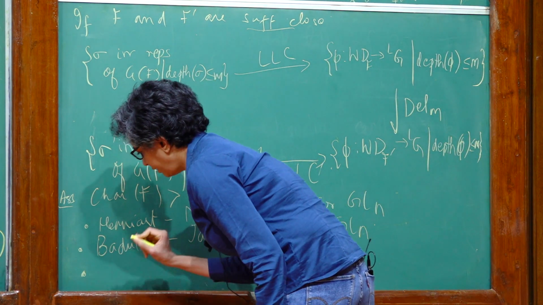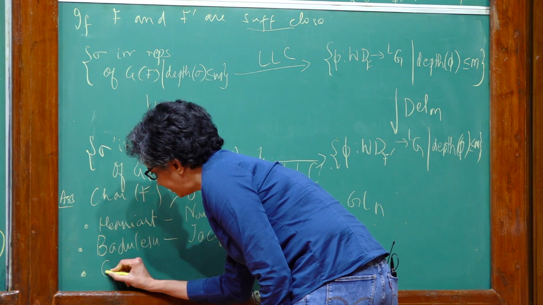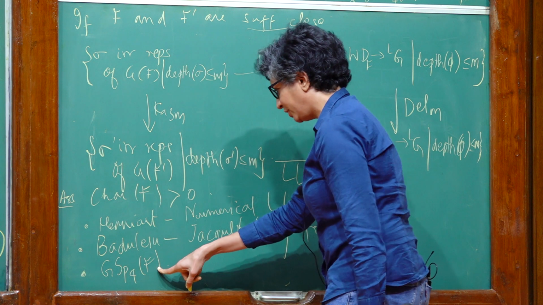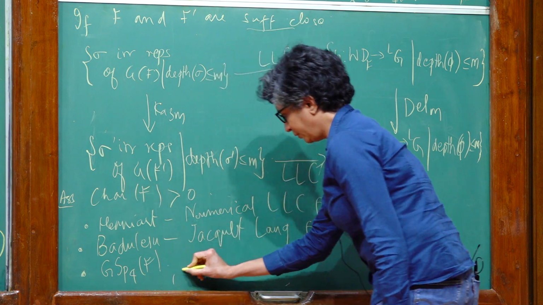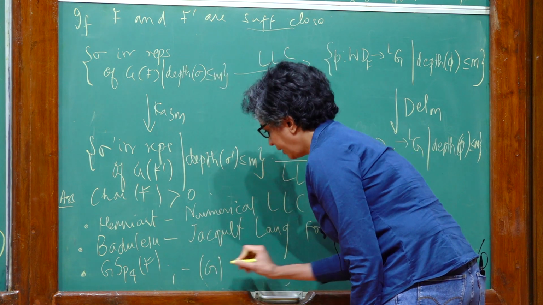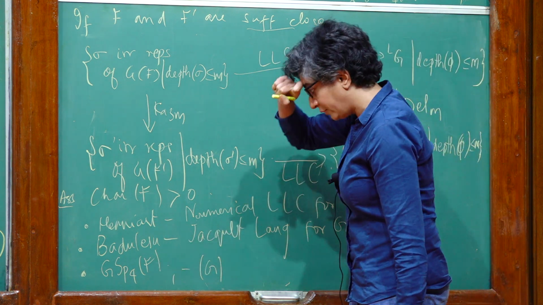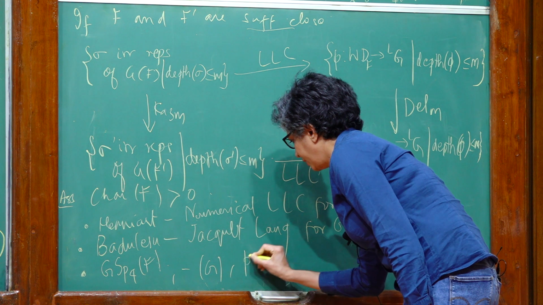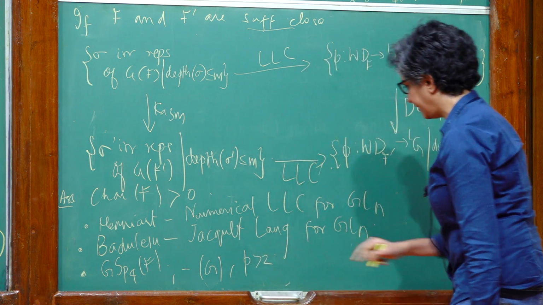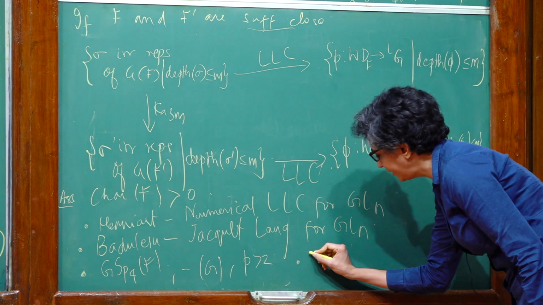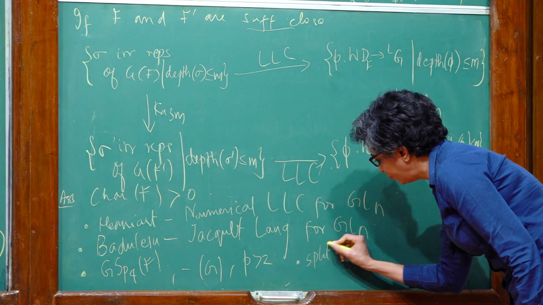And in my thesis, I had looked at this question for GSp_4(F), where F is of positive characteristic. This method was used to prove the local Langlands for GSp_4, provided the characteristic is greater than 2. And then in joint work with Sandeep Verma, we looked at split classical groups